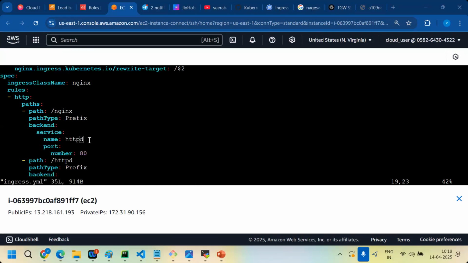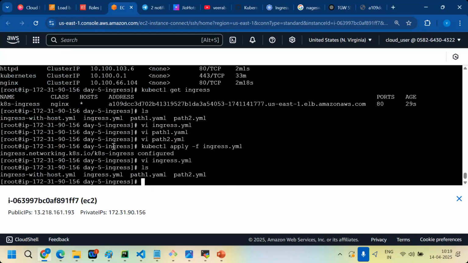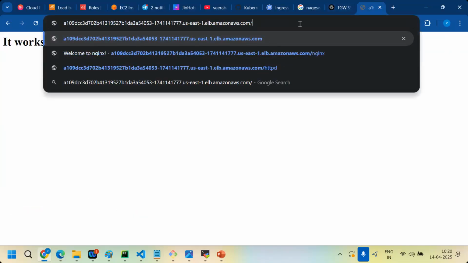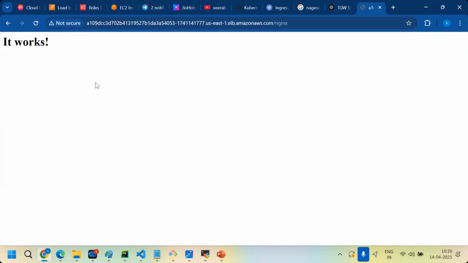The Nginx path should go to HTTPD, right? Let's go now. Maybe this is cache. If I give Nginx, it should redirect into HTTPD. Okay, it's a cache; after refresh it is working. See why? I have changed my YAML file.